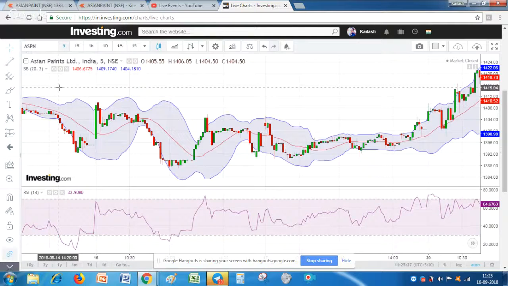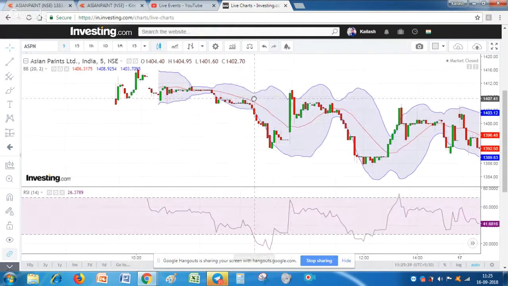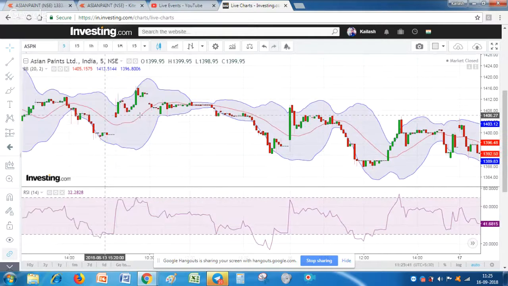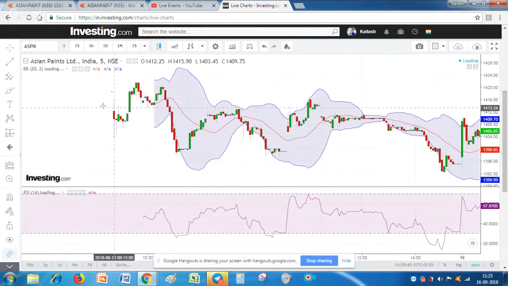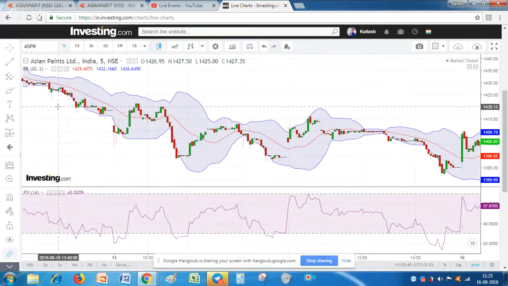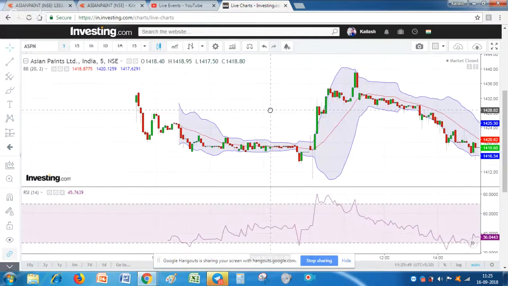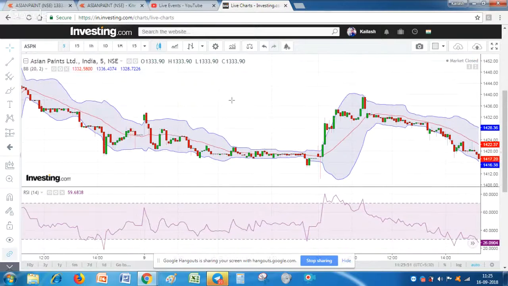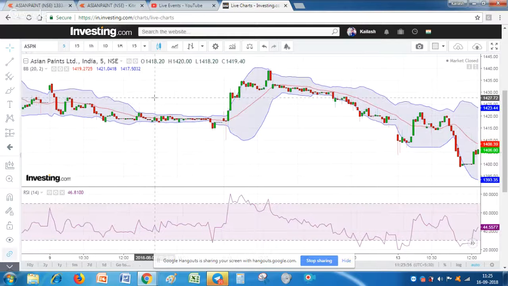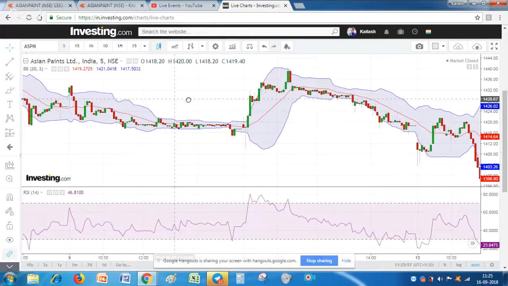Anyone please reply fast, so that I can proceed with this strategy, how we can buy and sell, and what all setups we have to see. It's a very simple indicator, friends. I think just looking at the chart, many of you might have got a clear idea where we would have shorted and where we would have bought.